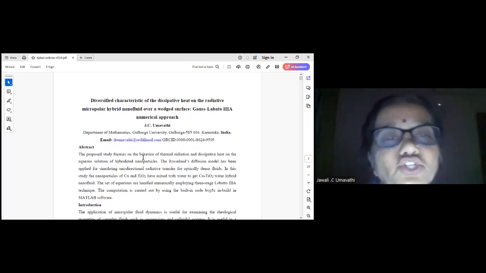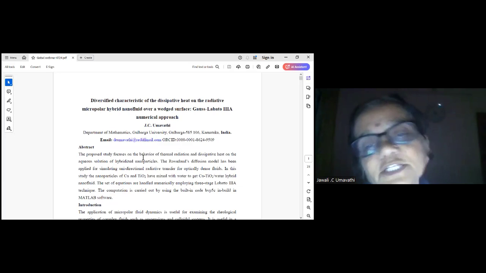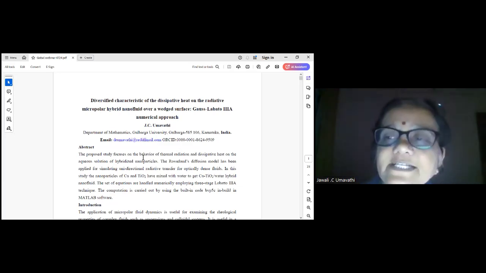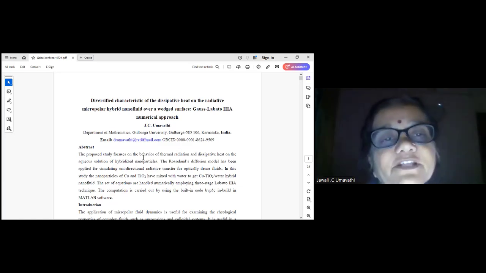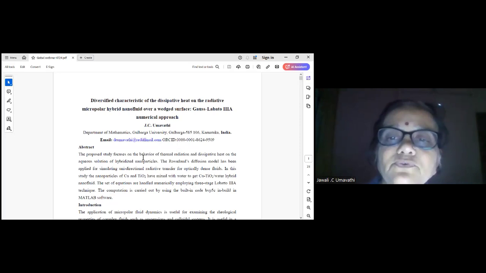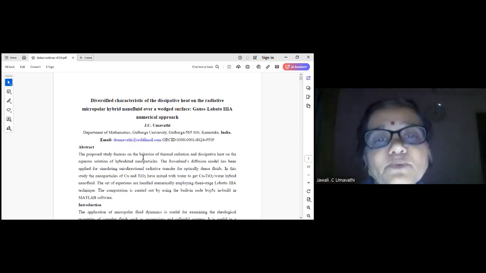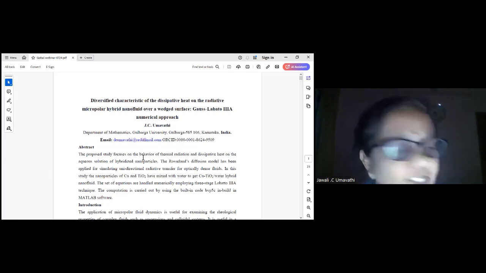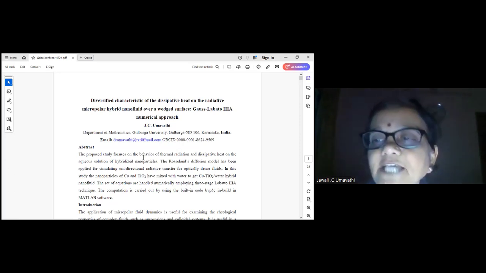However, people also tried to model this micropolar fluid with respect to blood. So there is an ambiguity, whether to consider micropolar fluid as a model for blood or coupled stress fluid as a model for blood. As we know very well, though so much of science has developed till today, the challenging